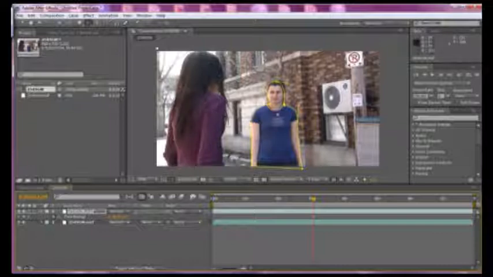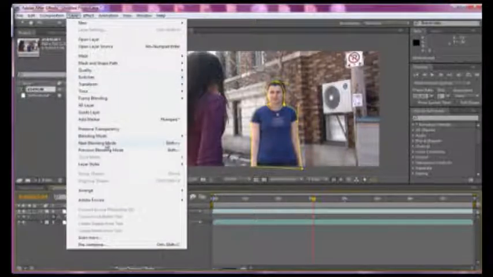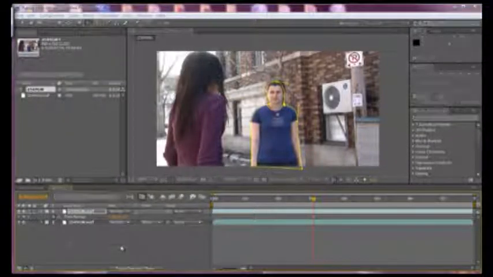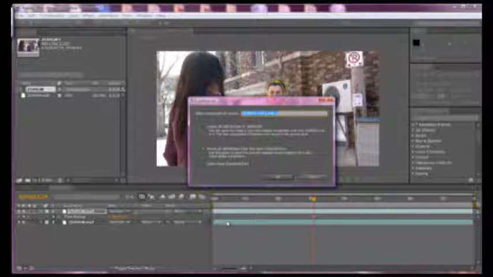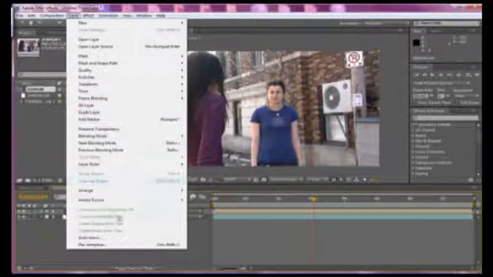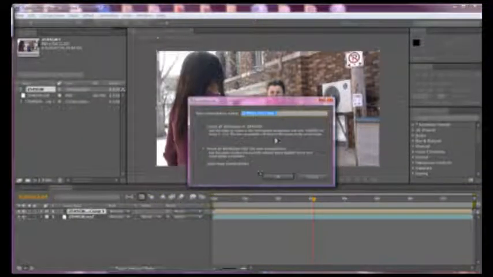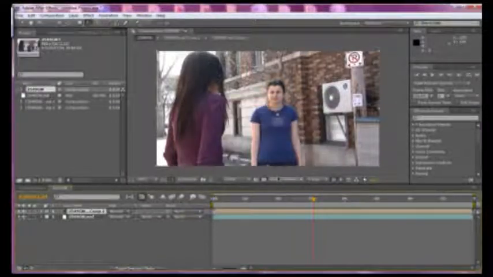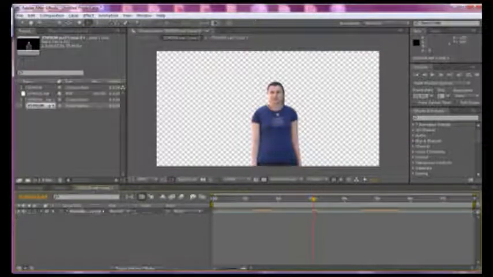Now we're going to pre-compose it, by going to layer, pre-compose, remove all attributes and hit OK. And then we are going to pre-compose it again, going layer, pre-compose. This time leave all attributes and hit OK. Now we're going to double click so we can go inside our composition,